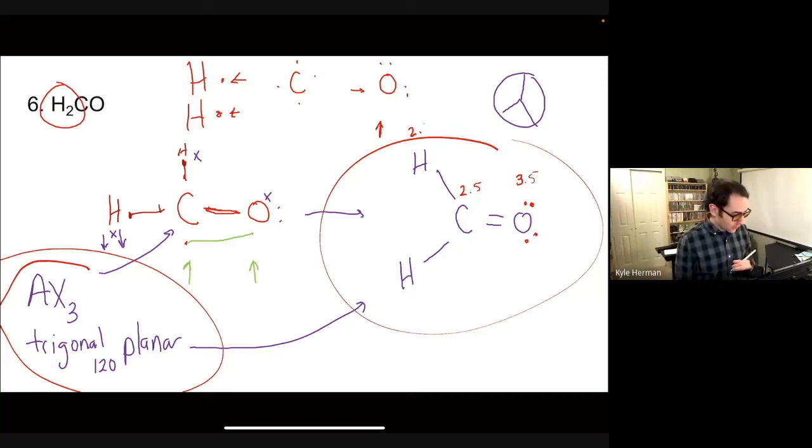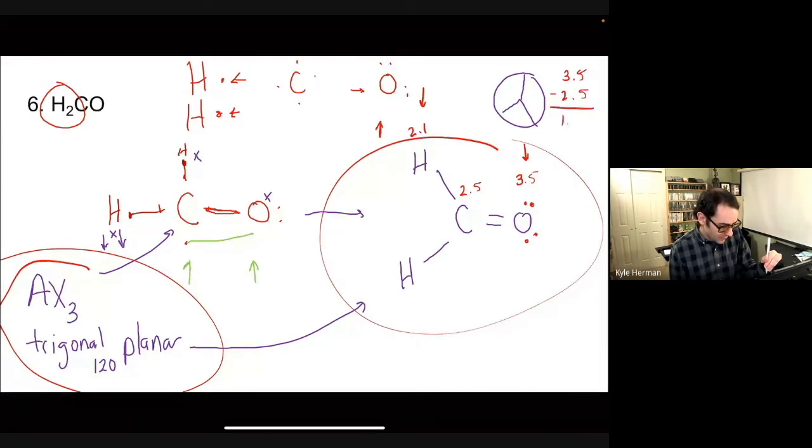Okay, all right, so we're going over the first homework problem, and we just wrote the electronegativity numbers. So we have 3.5 for oxygen, 2.5 for carbon, and then 2.1 for hydrogen. Now we need to do the subtraction, the difference of all of these. So the first one here is 3.5 for oxygen minus the 2.5 for carbon, and that's going to give us